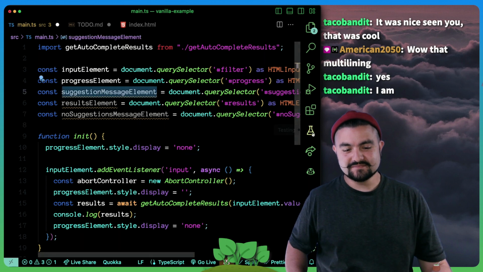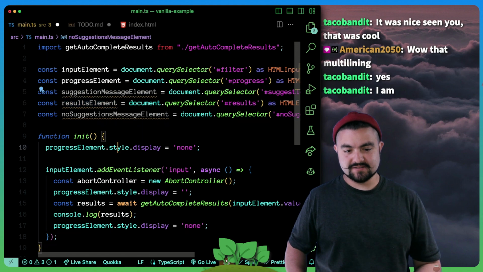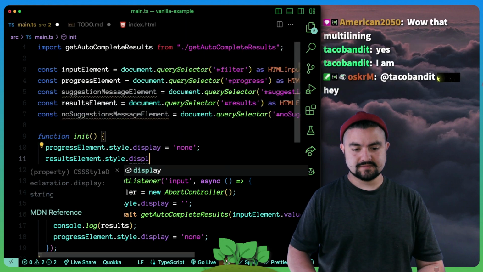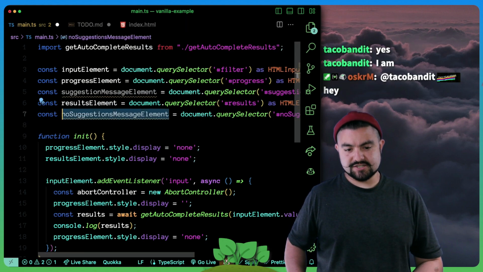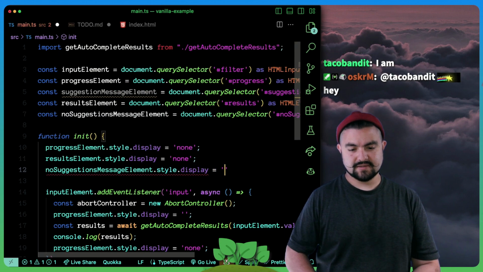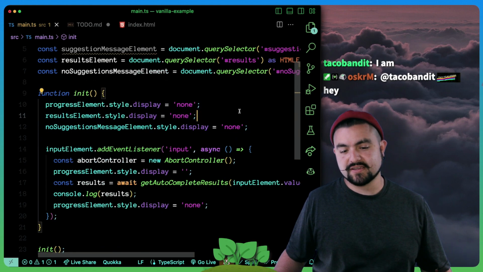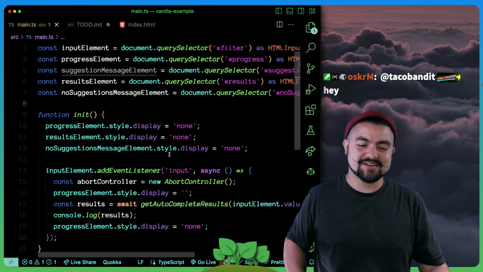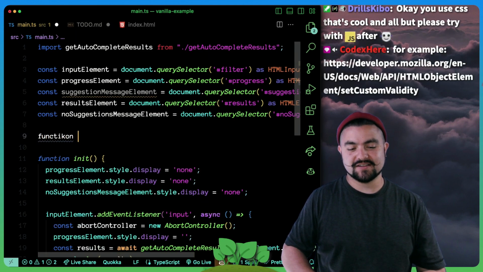All right. When the page loads, results element needs to be hidden. No suggestions message element needs to be hidden. And this is the point where this gets really cumbersome to toggle these all the time. So here's what we're gonna do. We're starting to write our own little framework because things get so cumbersome with vanilla DOM that we're gonna write a function called